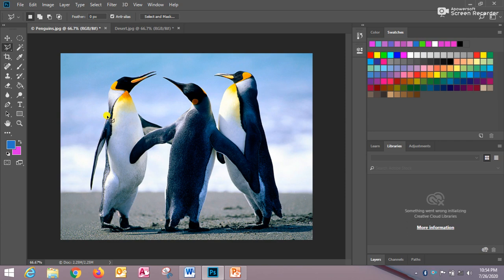Sorry students, now I am taking this tool again. I am explaining this tool again because the selection I made previously was not done properly.